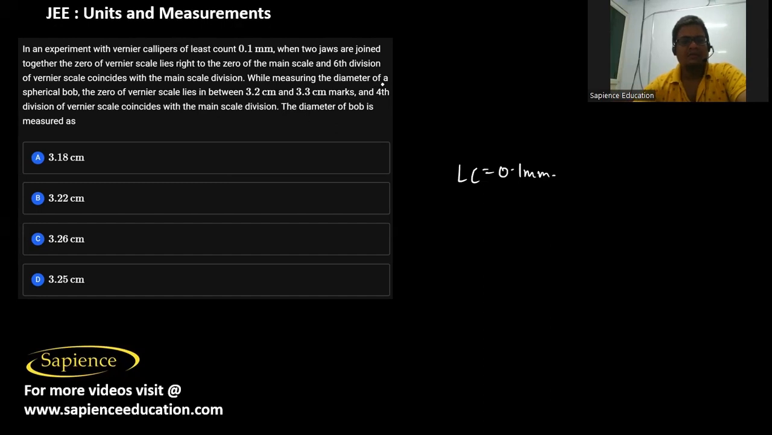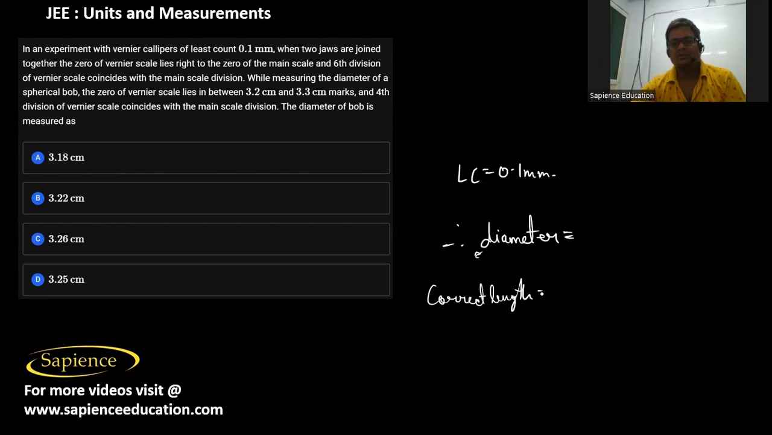While measuring the diameter of a spherical bob, the zero of the vernier scale lies in between 3.2 centimeter and 3.3 centimeter marks, and the fourth division of the vernier scale coincides with the main scale division. The diameter of the bob is. So first we have to find the observed length, since the correct length or the actual length is equal to the observed length minus the